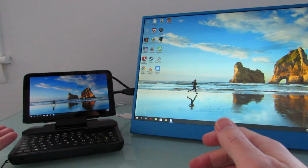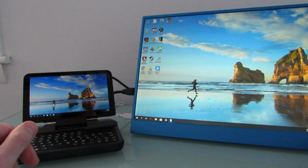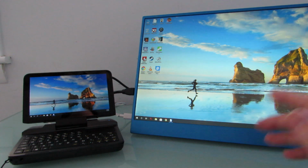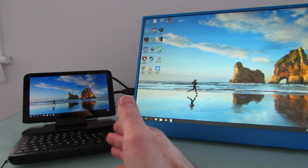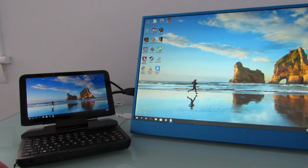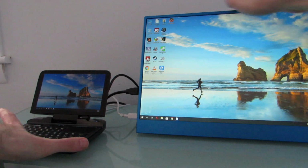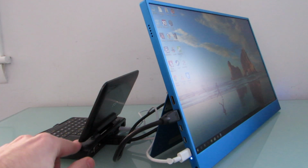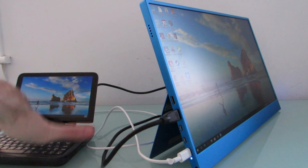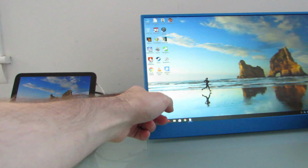So I'm using this portable device, but then I could, if I wanted to, have access to a larger screen for watching videos or doing other things. Say you're viewing a presentation, you have this pocket-sized computer that you can take with you, and then you just throw this in your backpack and you can show your presentations, or you can do them back to back. I'm looking at the presentation on this one and other people in the room can see on the other side. So I can envision a number of situations where it might make sense to have this sort